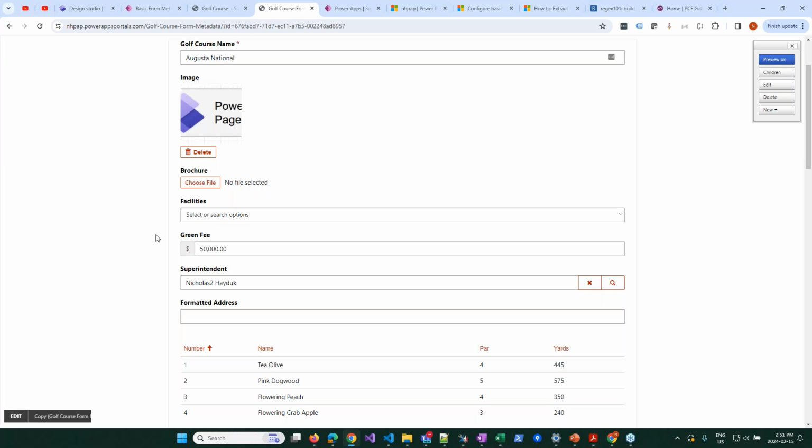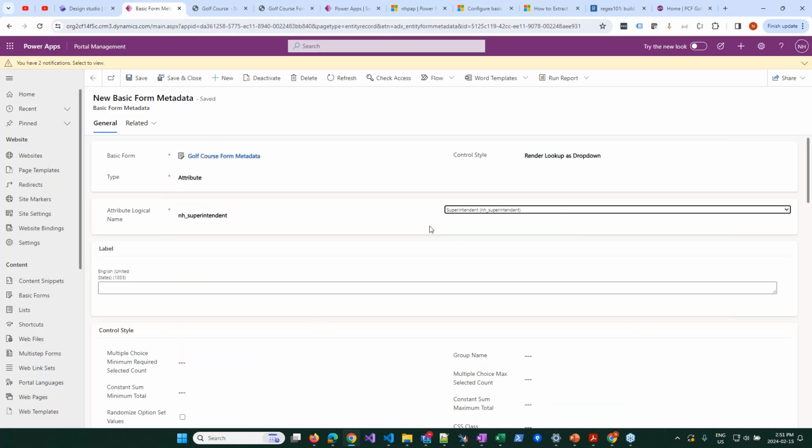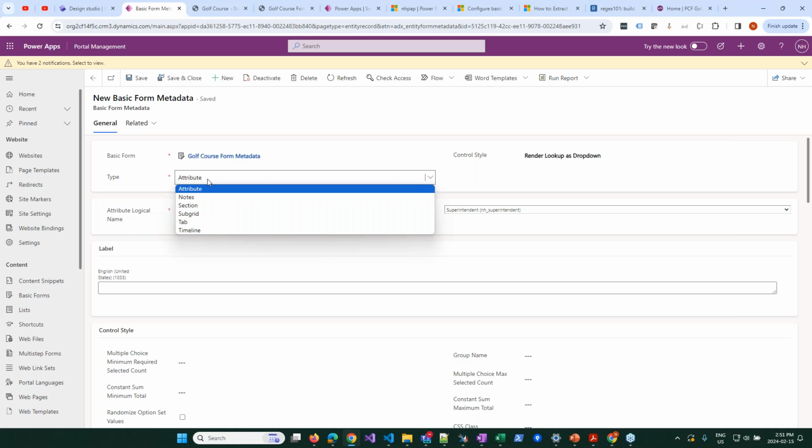Okay, what do we got? We've got 9 minutes left here. So that's a quick overview of the attribute thing. You can see there's lots of different things you can do that you can't just do with out-of-the-box forms. Let's take a quick look at